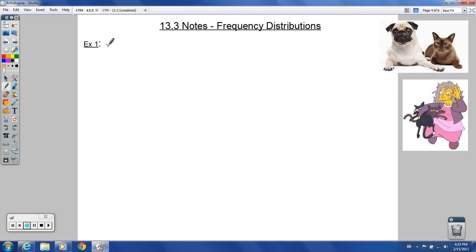So example one, let's get right into an example and do this. I hope you're writing this actual title every time you're writing 13.3 notes, and then write the title of the lesson. It will be helpful when you go back later to study for the test on this chapter, if you know what's where. So construct a frequency distribution. That's what this whole lesson is about, frequency distribution